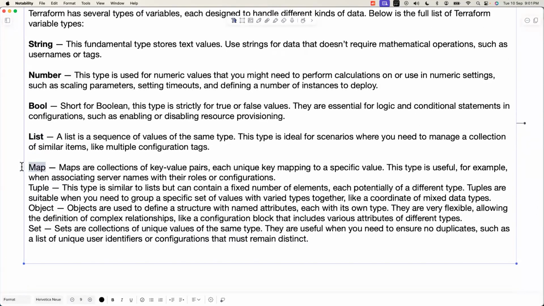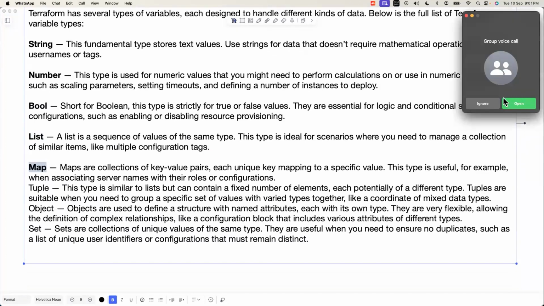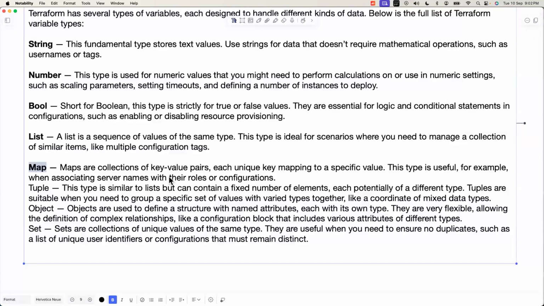Then you have maps. So maps are a collection of key value pairs, each unique key mapping to a specific value. And the purpose of this specific value is